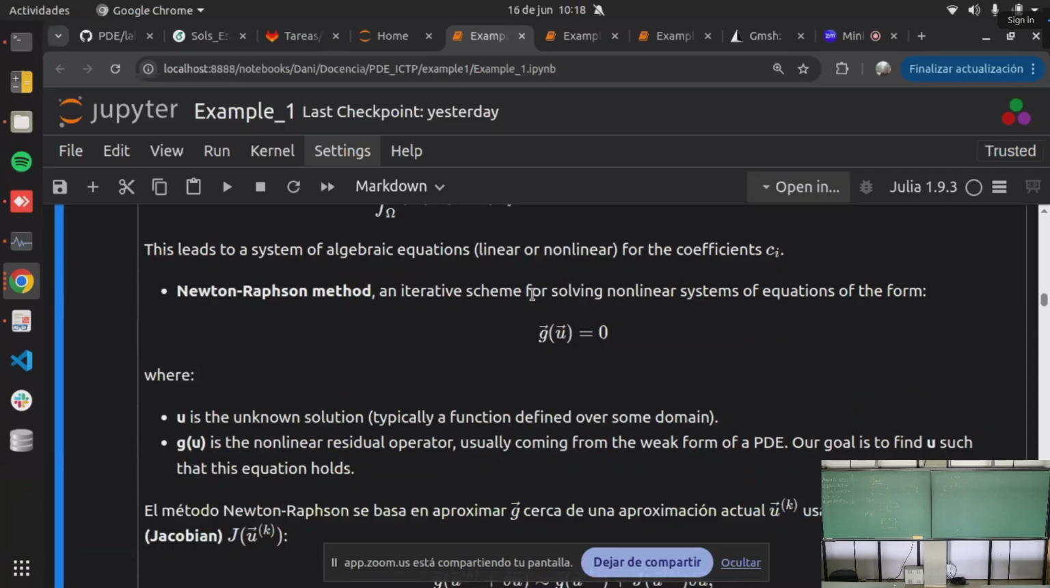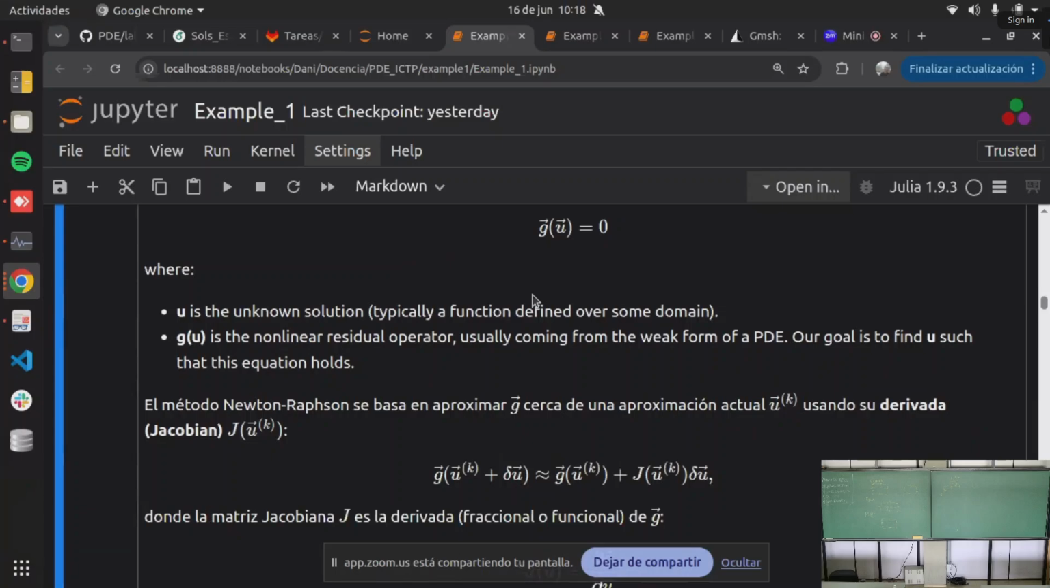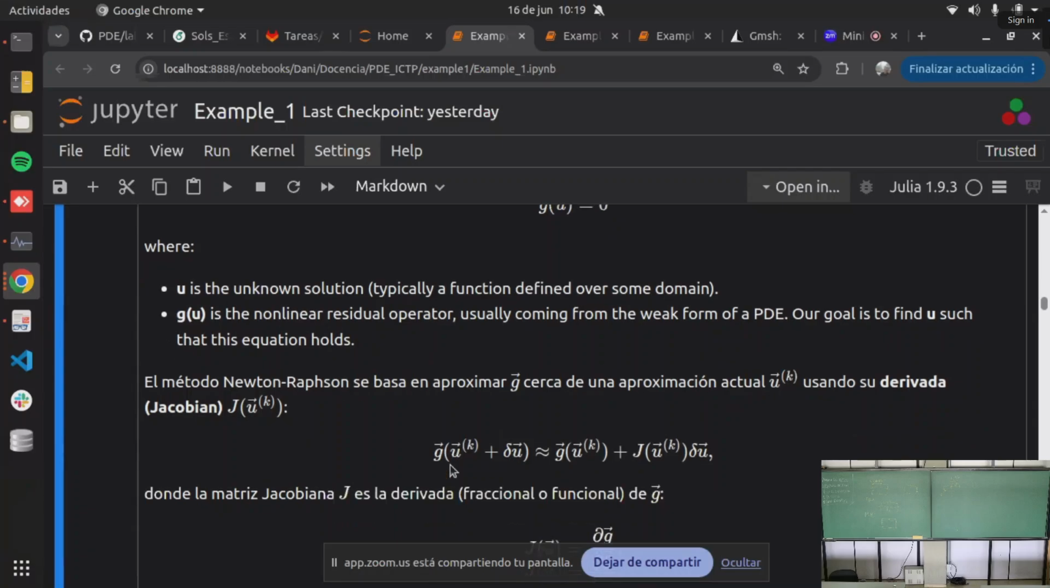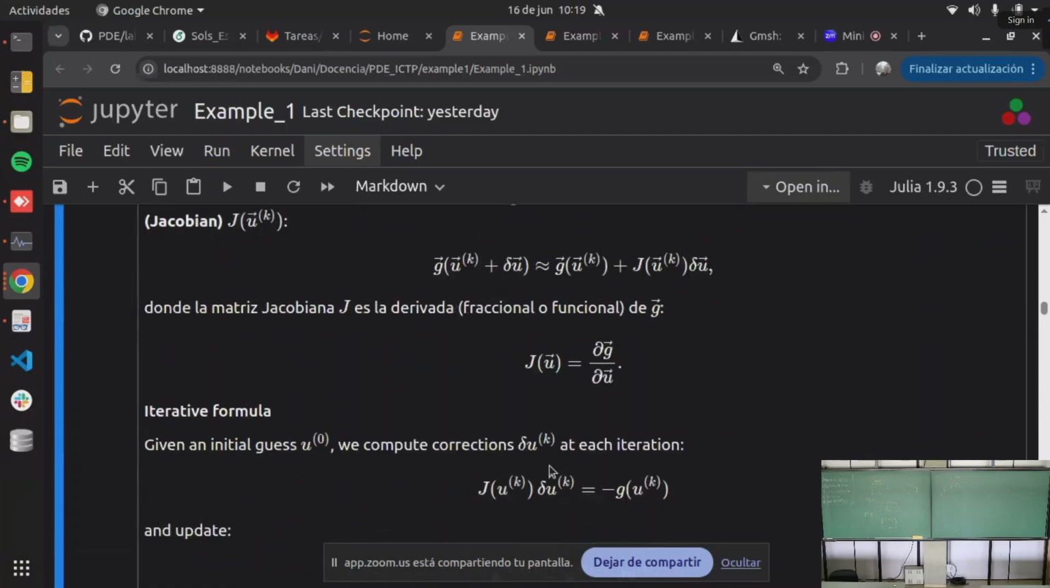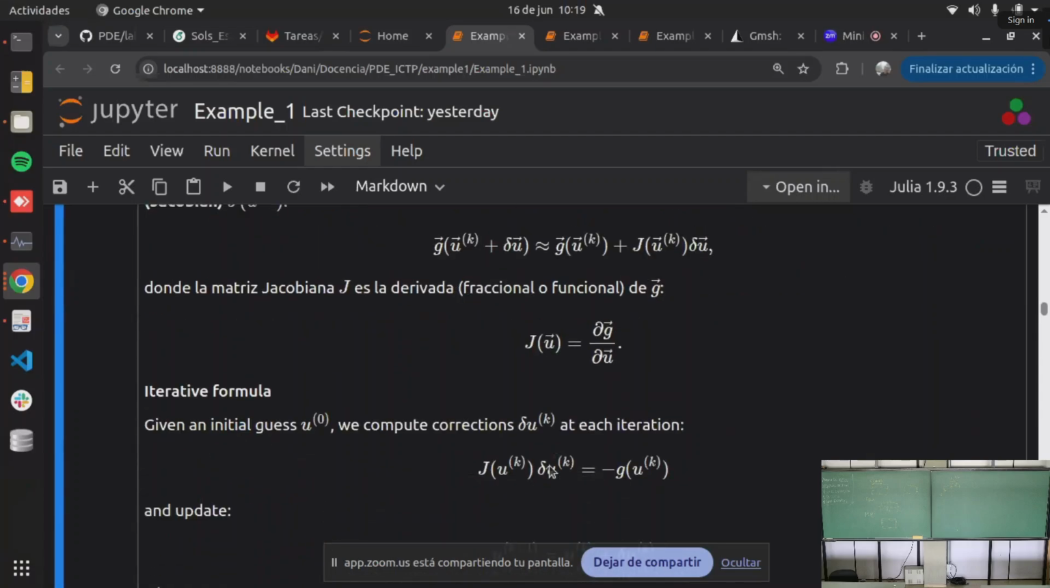That is nonlinear. So the base idea of the method is to approximate the actual solution using the Jacobian, using the Taylor series, where this is the Jacobian of the functional. So we want to iterate